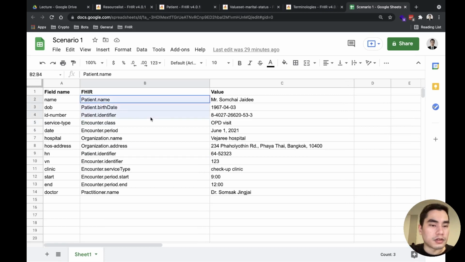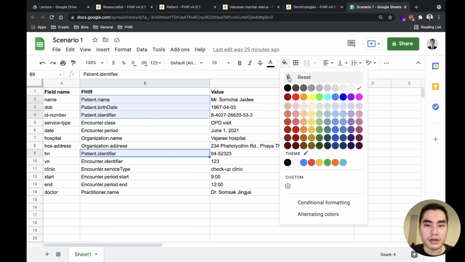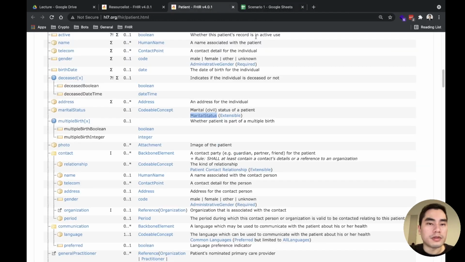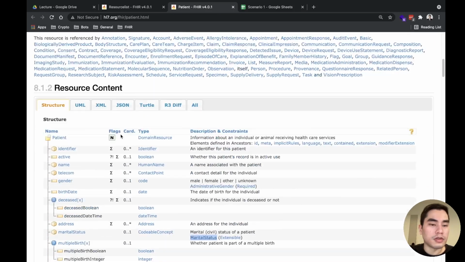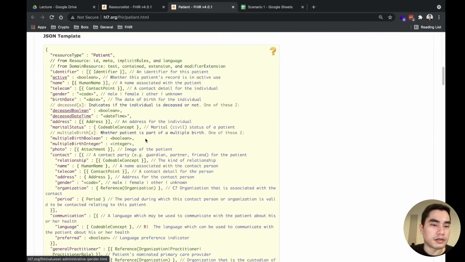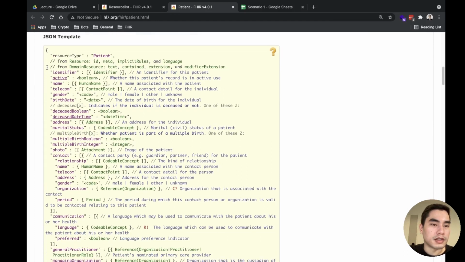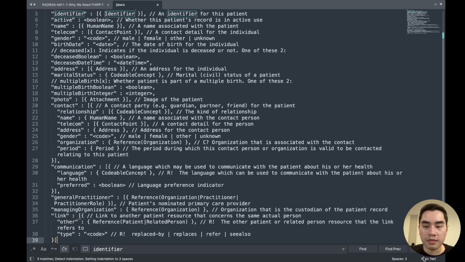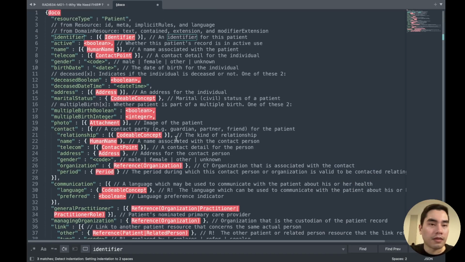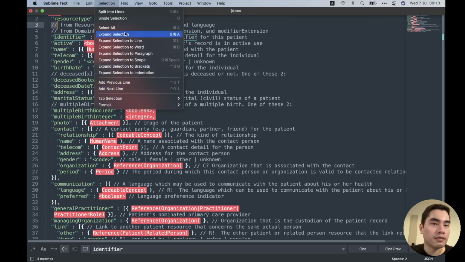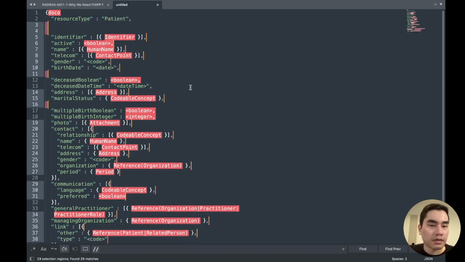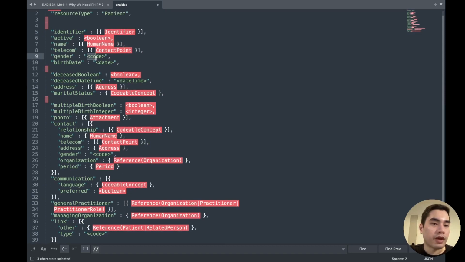Okay, so let's start with the patient resource here. The way to create a resource, you can come here and see the JSON representation, copy it, make it JSON, and just remove all the comments. Like this, and just replace the values.